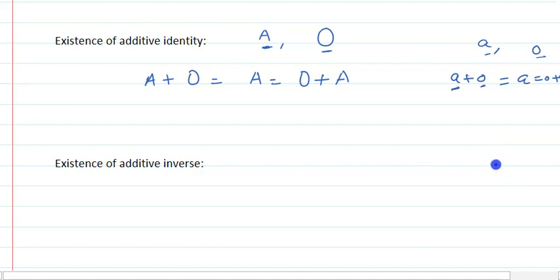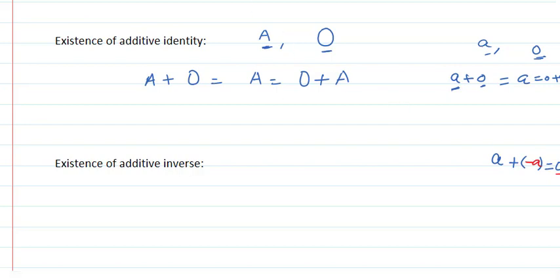Additive inverse in case of real numbers is that number which, when we add it to any real number, the result is equal to the additive identity, which is 0. So clearly I should write here minus a. If we add minus a with a, that is, the real number minus a with real number a, then certainly the result will be equal to the additive identity, or we can say 0.